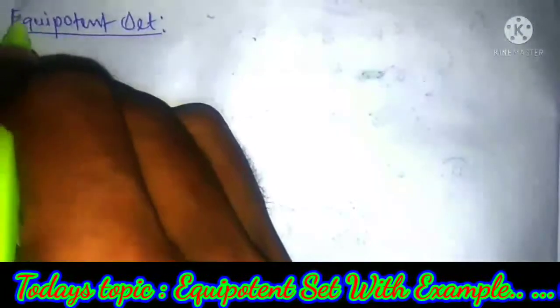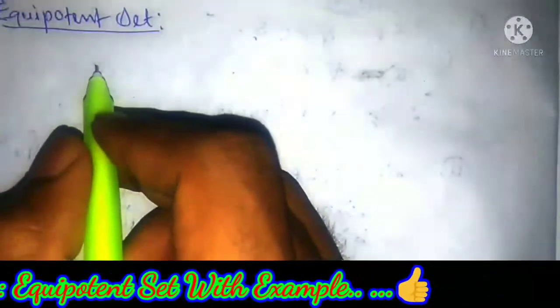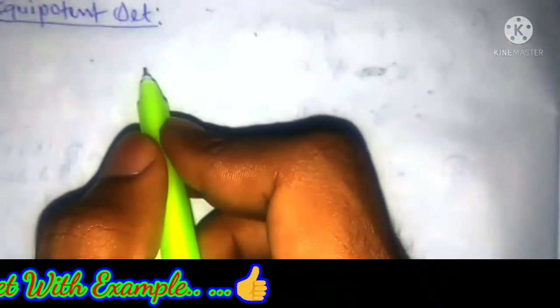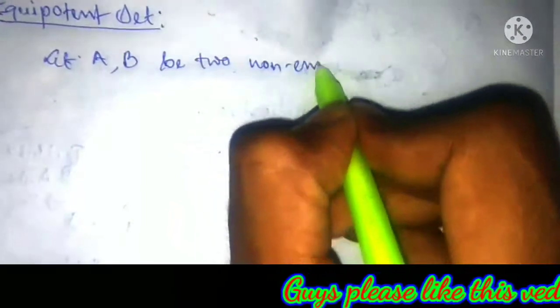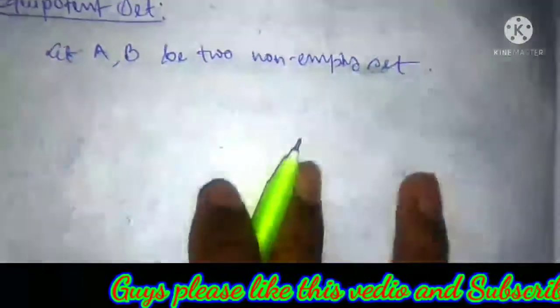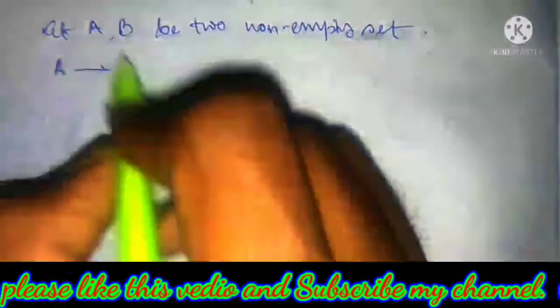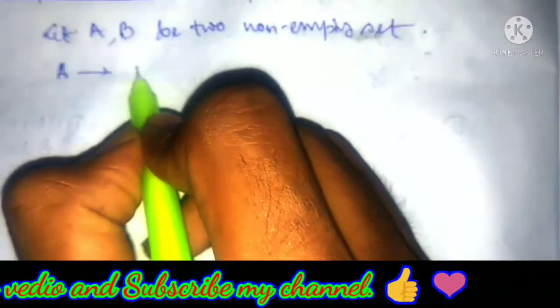My topic of discussion is equipotent set. What is equipotent set? To do an equipotent set, we have to take two sets. Let us define. Let A, B be two non-empty sets, and A is said to be equipotent